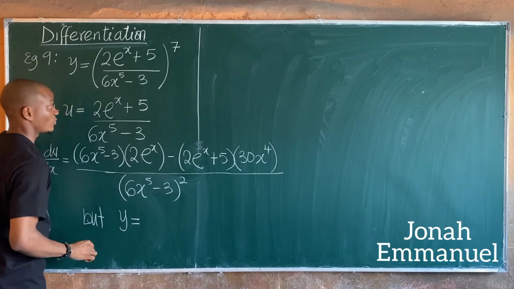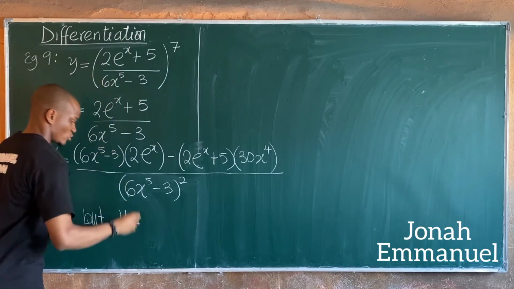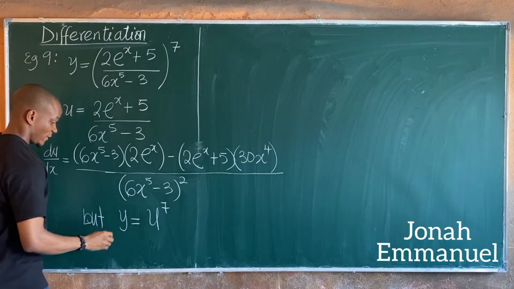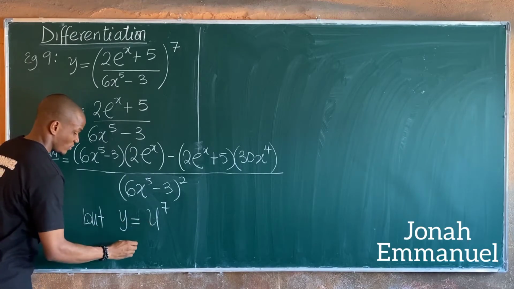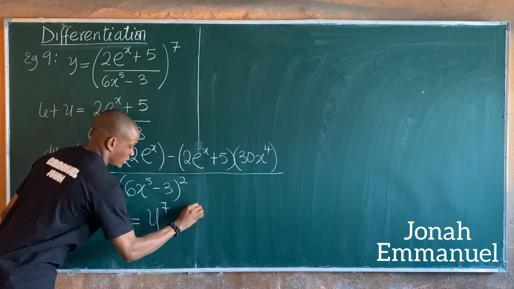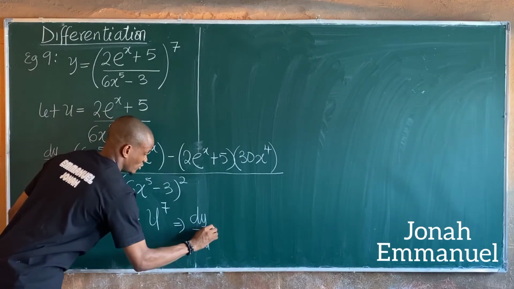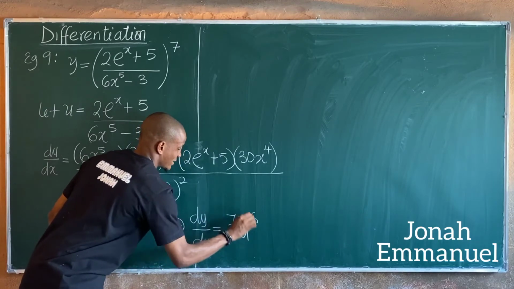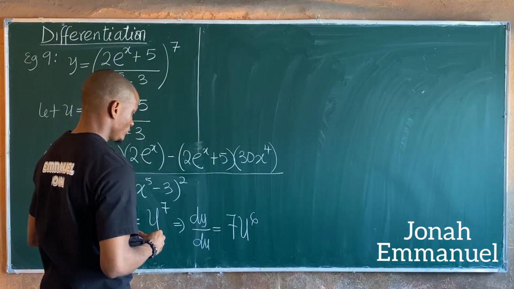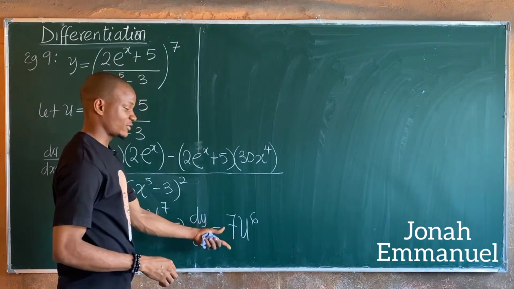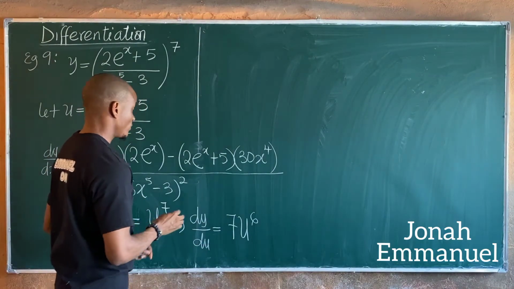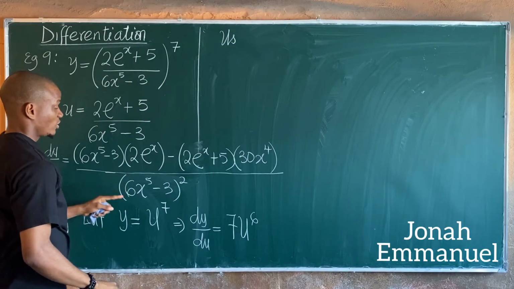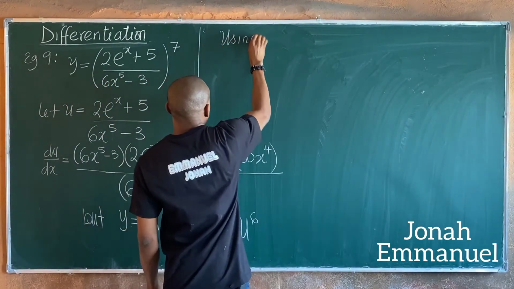y is now equal to, we call all of this u, so y becomes u to the power 7. Okay, differentiating y with respect to u, I have that dy all over du is equal to, if you differentiate this, it gives you 7u to the power 6, as you have here. Alright, so this one's done using the quotient rule. Now using the chain rule, my paramount method here,